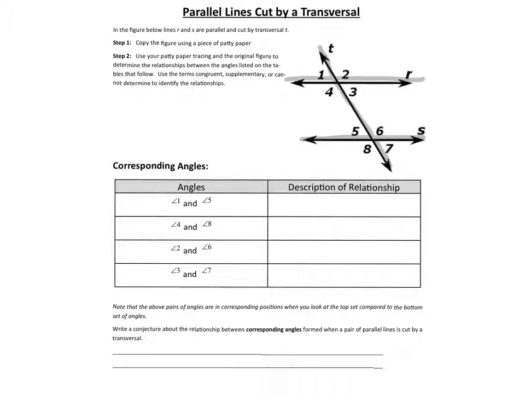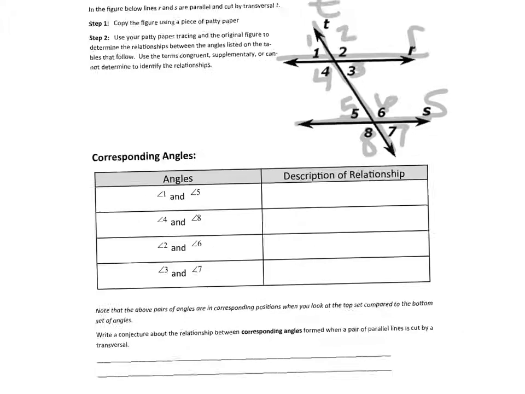So you're going to take your patty paper, the little square sheet, and you're going to trace over everything, as well as labeling all the angles and then the lines. And what you will do is, after you've traced it onto that paper, you're going to end up moving them around so that way you can place the angles directly on top of each other, and the see-through paper is going to help you identify what's the relationship between the angles. So in looking at this,